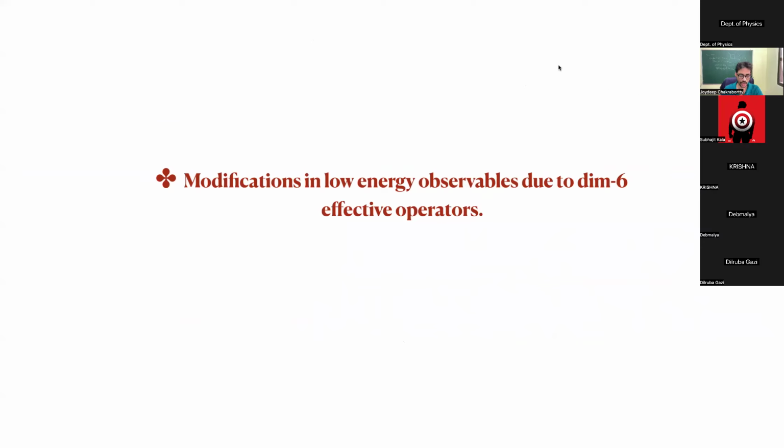So today I'll discuss basically how, as you have seen, when you integrate out a UV theory, you get these effective operators, right? So now we have this low energy theory, which consists of the renormalizable part as well as the effective part, right? And then we have also noted that in the bottom-up approach, to start with, we add those effective operators. So in both methods, we end up writing the effective action where you have the renormalizable part